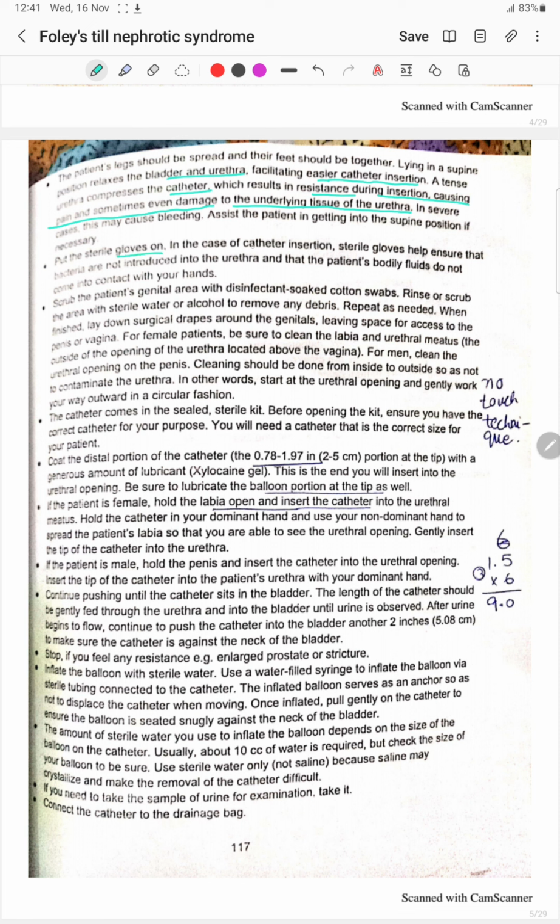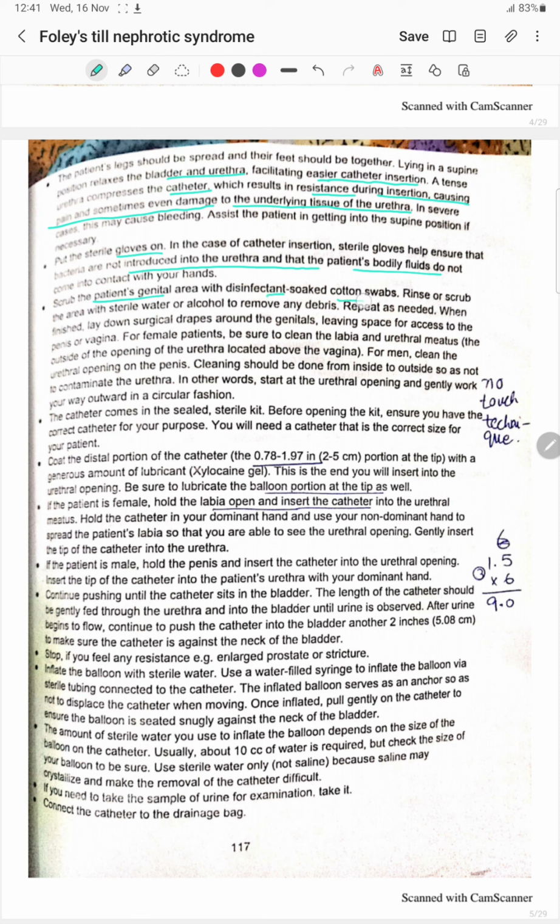Put the sterile gloves on. In the case of catheter insertion, the sterile gloves help ensure that bacteria are not introduced into the urethra and that the patient's body fluids do not come into contact. Scrub the patient's genital area with the